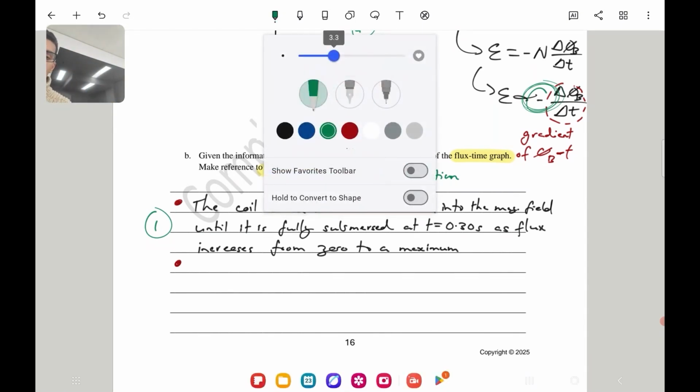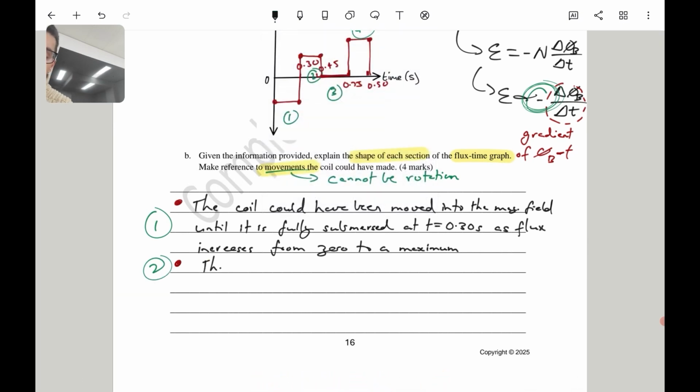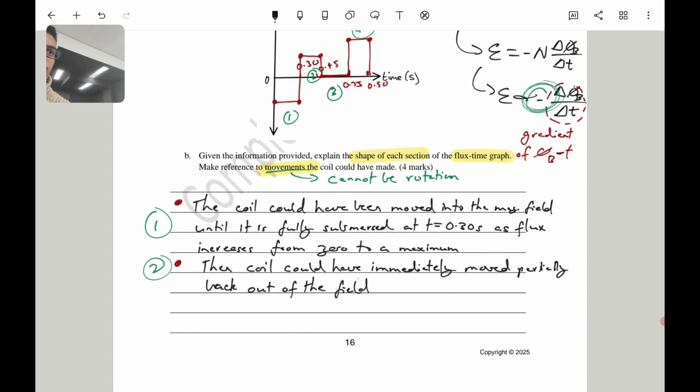So for section number 2, second dot point, then the coil could have immediately, without any further waiting, moved partially back out of the field,